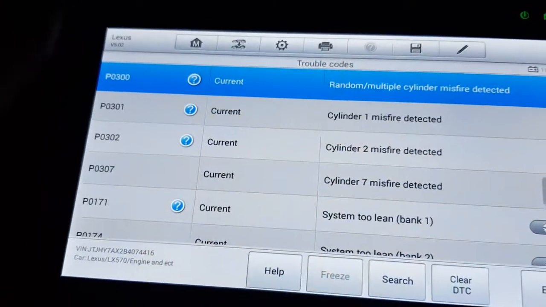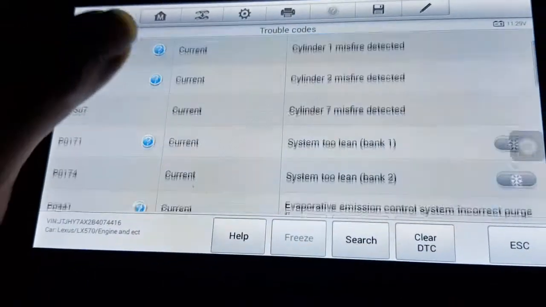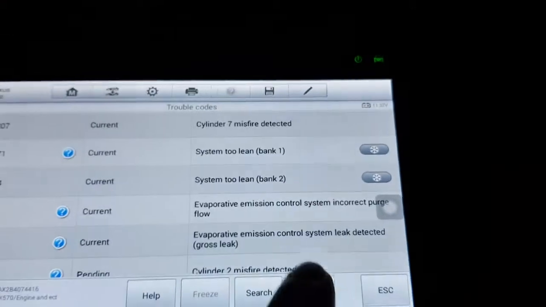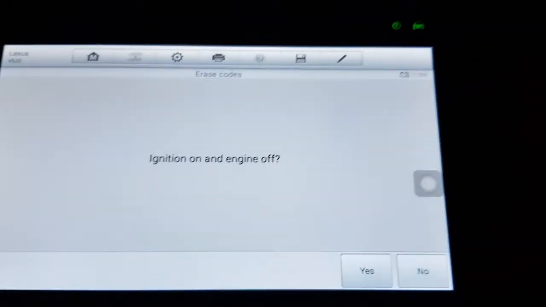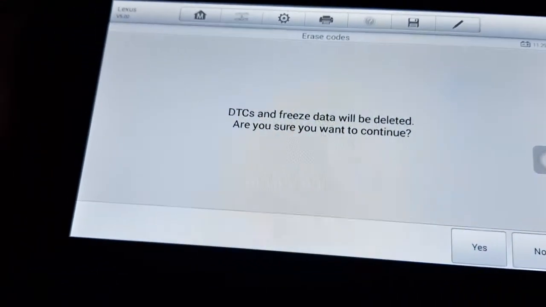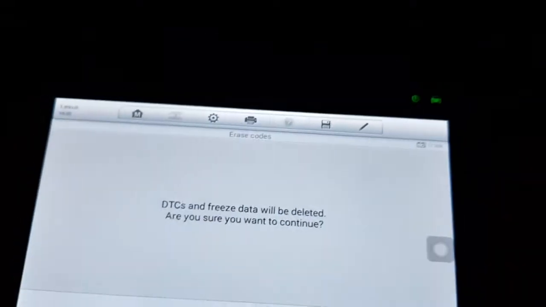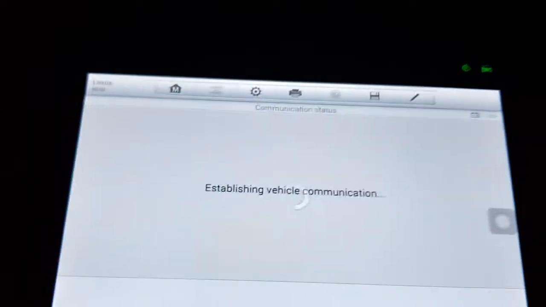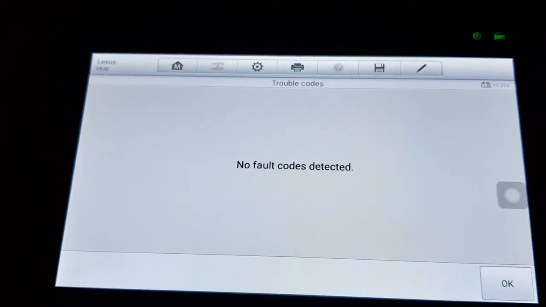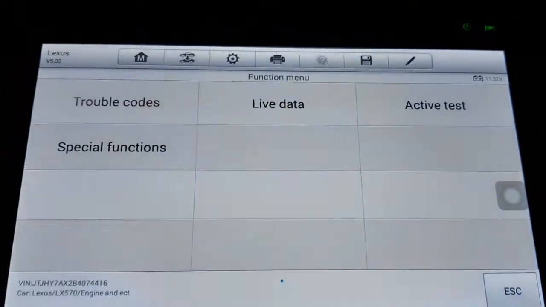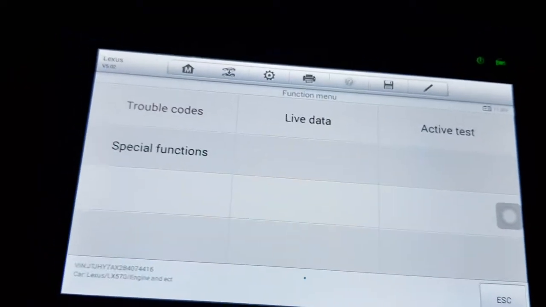So now I want to clear the DTC to see, because they used to use the motor with the check light on, and by the time the check light is on it affects other components of the electronic system of the vehicle. It's saying no fault detected. This is a good sign. Maybe it's misfire because of fuel.